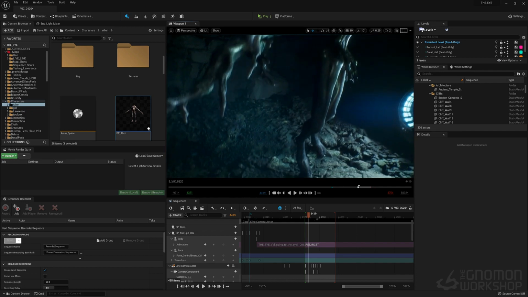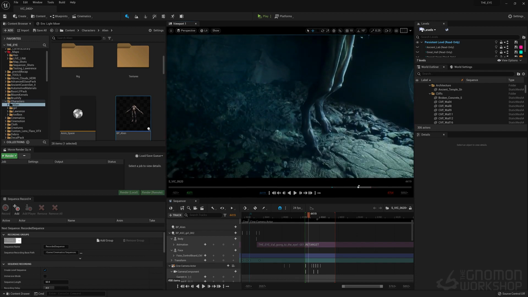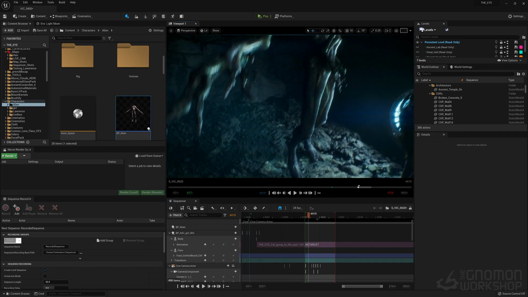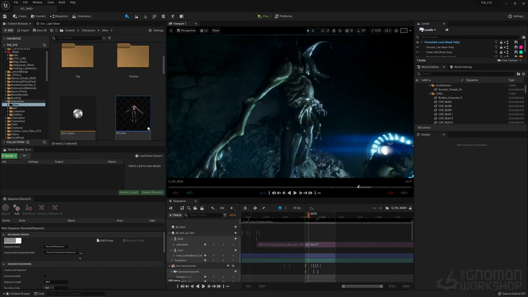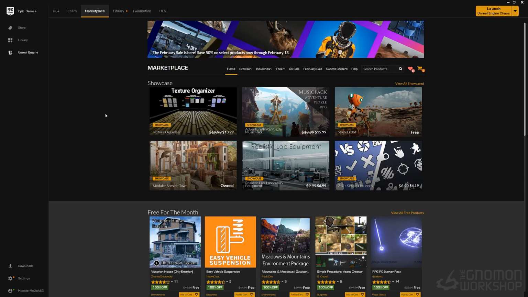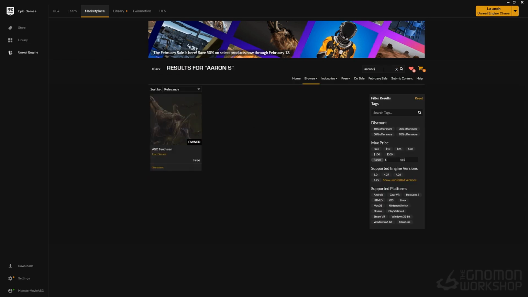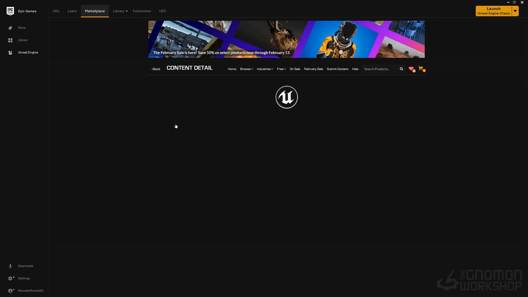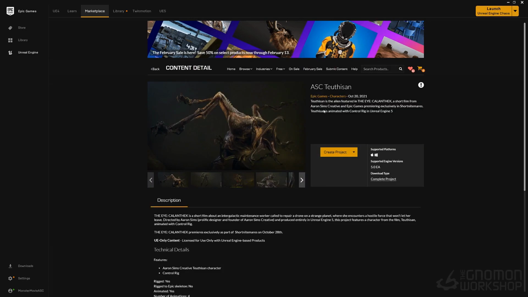So I think when it comes to designing a creature, this was a lot of fun, and you should never feel intimidated by, or limited to, what you can actually create in Unreal. This creature is available on the marketplace, so you can mess around with it yourself. If you just type in my name, Aaron Sims, or ASC, or Toothathon, if you can remember that, you can download it and start messing around with the